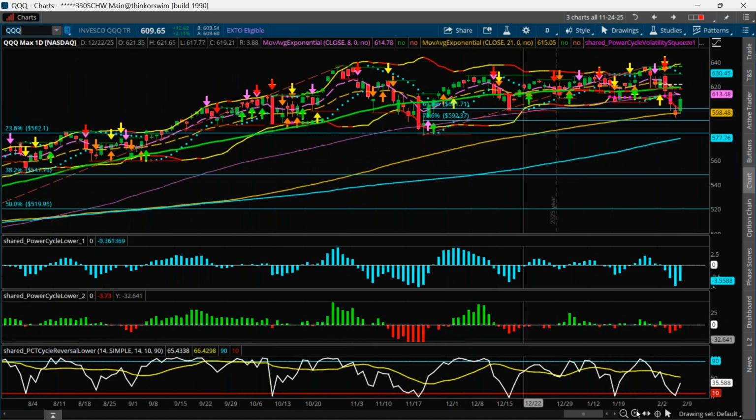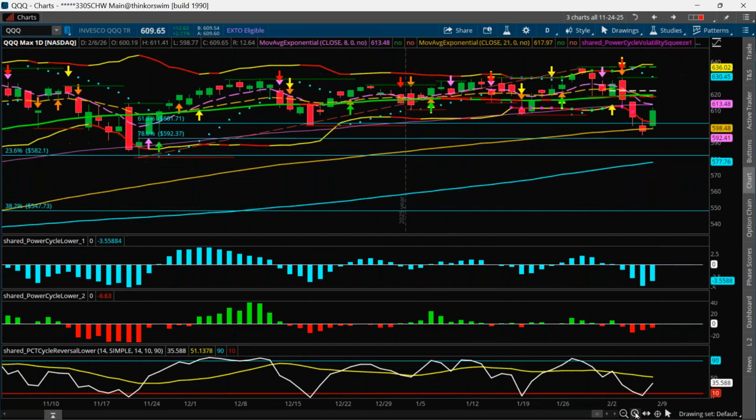Okay, so what we want to do this next week is see, you can see here it held, that's the 150 period moving average on the NASDAQ QQQ. All right, so it held there. Now, the next key, you've got this cluster of moving averages right here. So that green one is the 50 simple, and right sandwiched in between it is the 21 exponential. So this market needs to get back above that area to be on its path for an